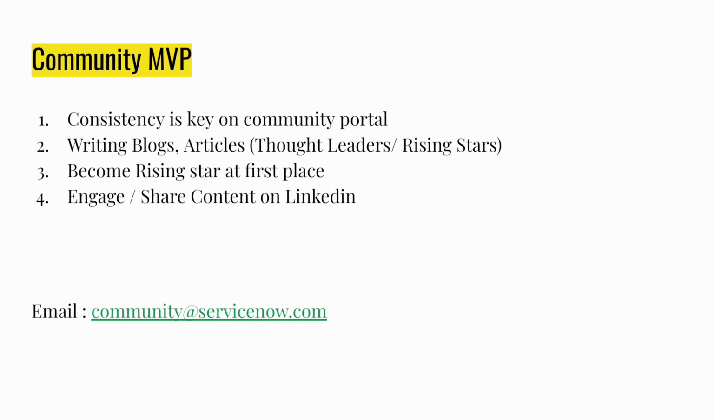The second point is writing blogs or articles on the community. You might be surprised that you don't have the authority to write on the community because you are not a rising star, thought leader, or MVP. If you don't have these roles, then you can't write any blogs or articles on the community portal. So in order to write those articles or blogs, if you are not a rising star or an MVP, then you can simply mail community@servicenow.com and tell them that you